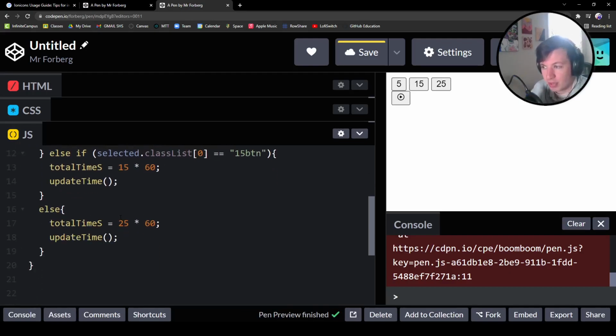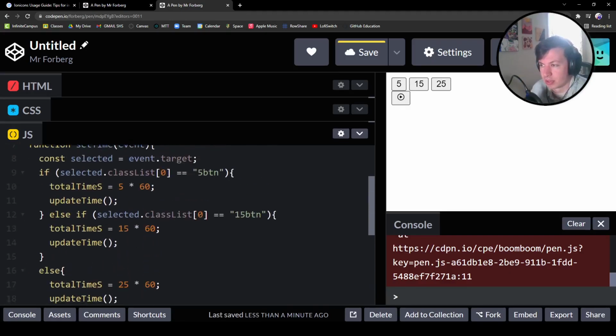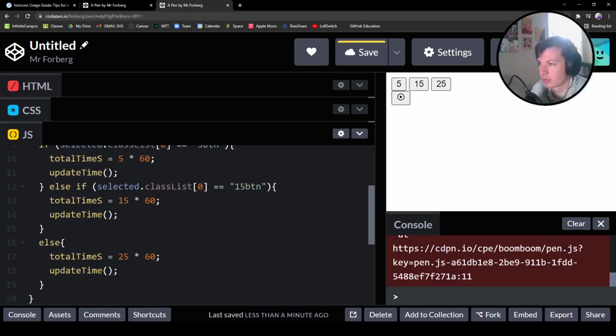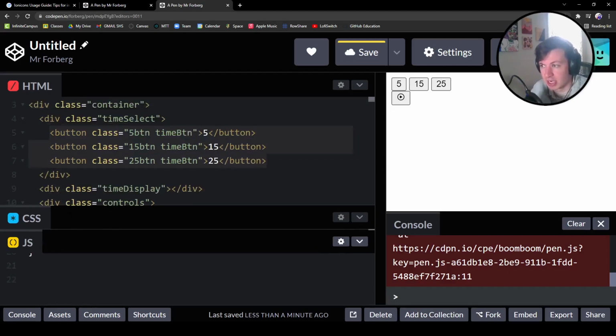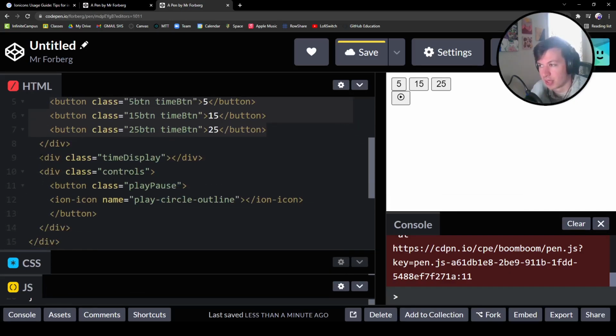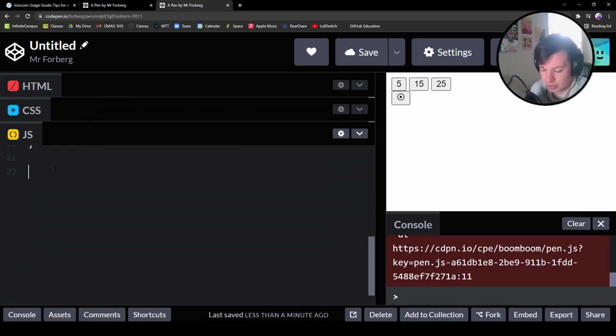And right now we don't have that update timer, so let's actually create an update timer. So down over here, and I'll leave this up for a second, try to have more space on it. Oh, I can't really. All right, well, what we're going to do, we're going to update the timer, and that timer is going to be inside of this right here, this class time display. Cool. So what I'm going to do, I'm going to create our const, which is going to be our, let's call it